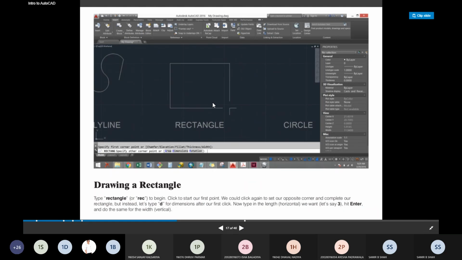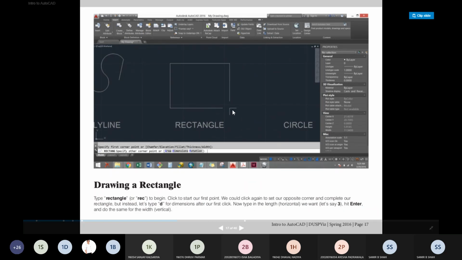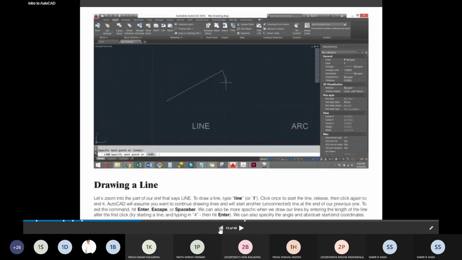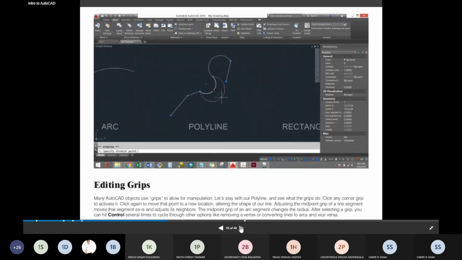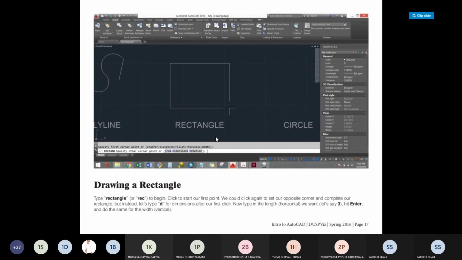Now drawing a rectangle. The basic commands that I can use initially are line, arc, polyline, grips, and now rectangle. This is one kind of 2D shape that I can show you right now.